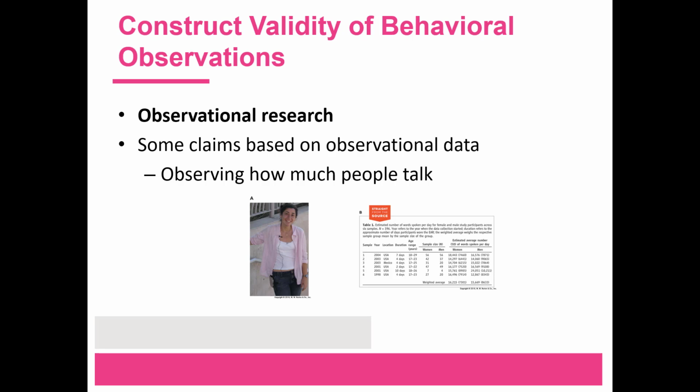One example of a frequency claim based on data from observational research is a study which observed how much people talk. Researcher Matthias Mehl at the University of Arizona has developed an electronically activated recorder, or EAR, to observe what people say in everyday conversations. The EAR has a microphone and a digital recording device. Every 12.5 minutes, the EAR records for 30 seconds. Then research assistants transcribe what the person said while being recorded.